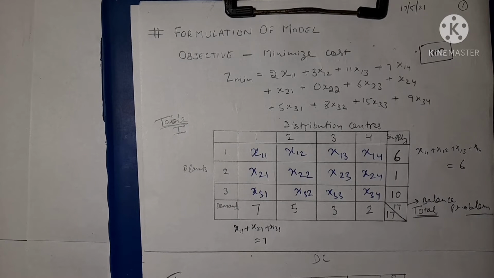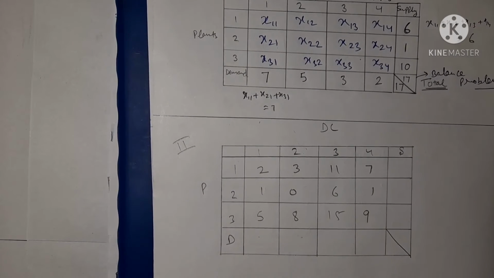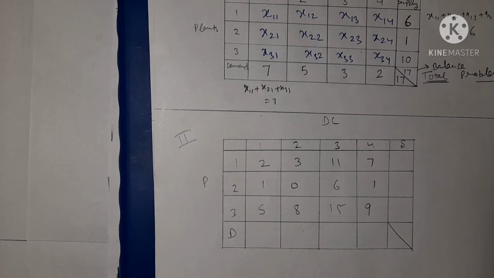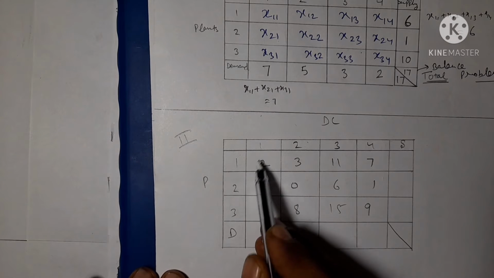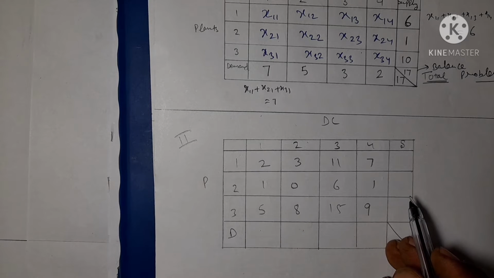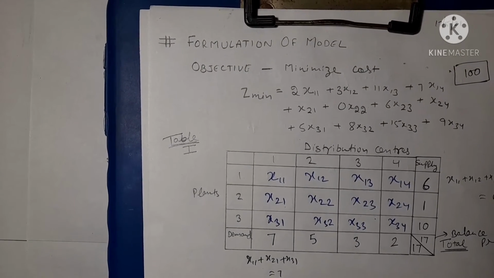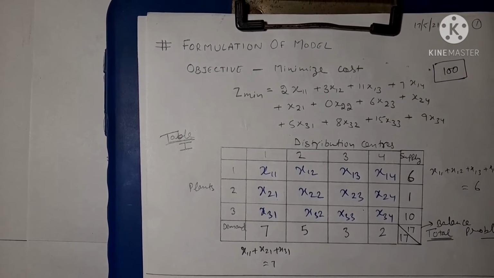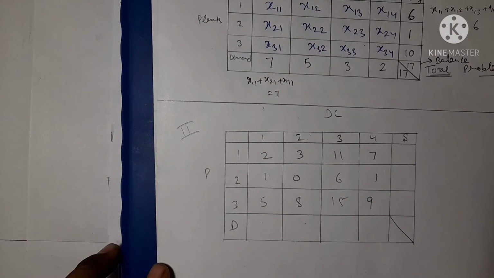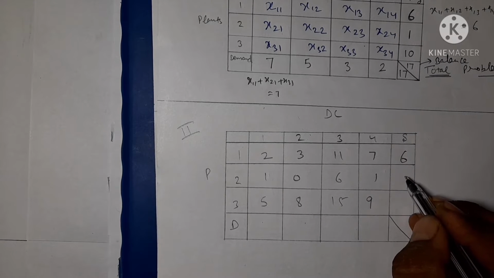Okay, after this, when we are taking the second table, in the second table the calculation will be going for the rupees only, means for the transportation cost. Transportation cost needs to be minimized. Earlier we discussed about zmin, this is the final quantity and this quantity will be allocated on this cost. Okay, here the supply is 6, it is million liter, we are taking the values.